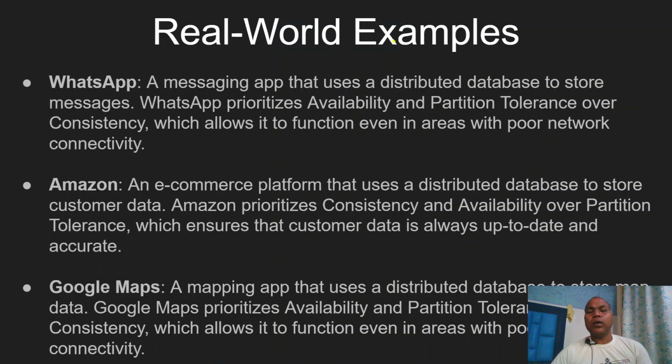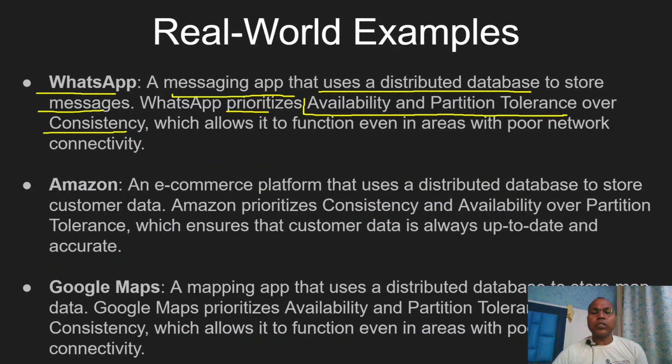Take the WhatsApp application, a messaging app that uses a distributed database to store the messages, right? So here WhatsApp prioritizes availability and partition tolerance over consistency. WhatsApp says I will always try to be available and manage partition tolerance over consistency. Our message data sync may have some delay, a microsecond or millisecond delay, but I will always be